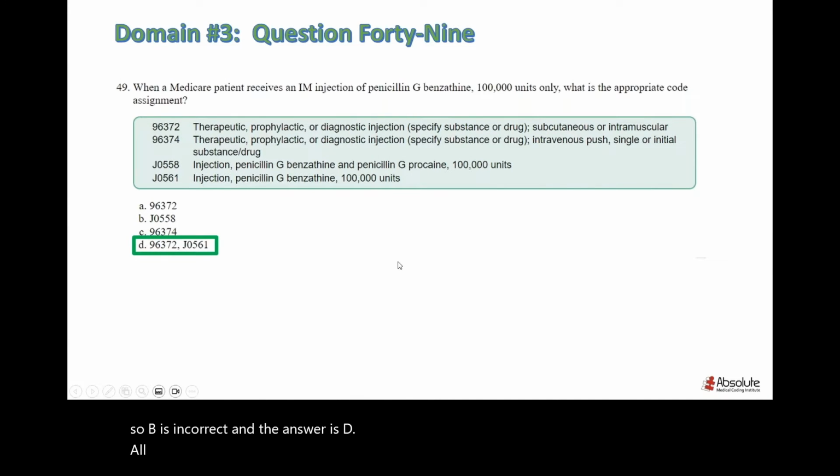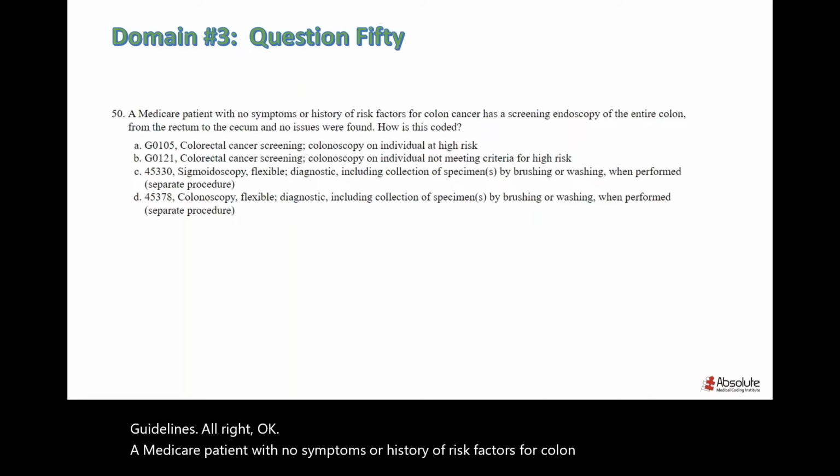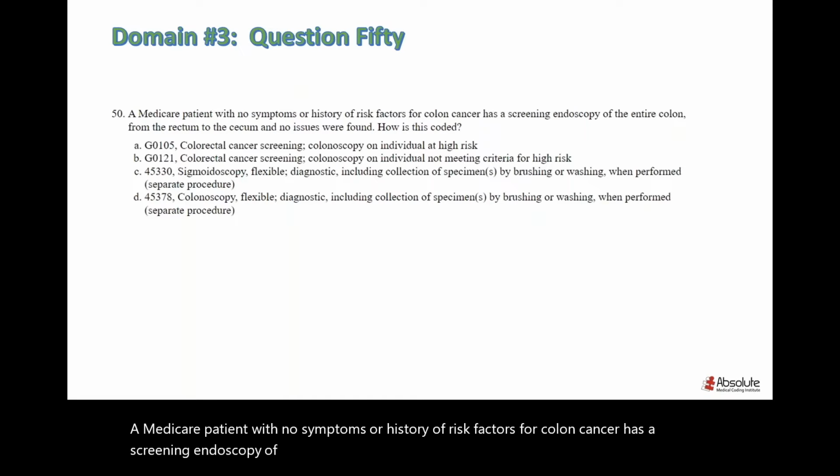Let's go to the next one. Now, let's just really think about guidelines, all right? A Medicare patient with no symptoms or history of risk factors for colon cancer has a screening endoscopy of the entire colon from the rectum to the cecum, and no issues were found. How is this coded? A, G0105